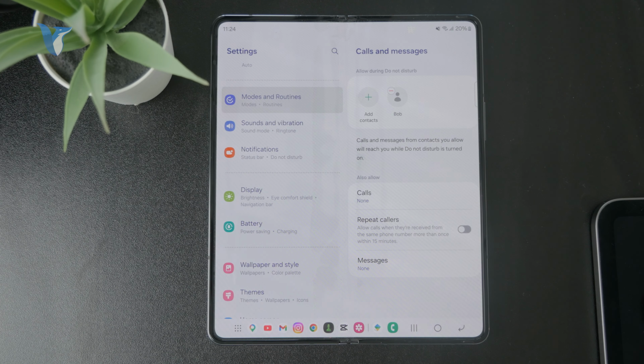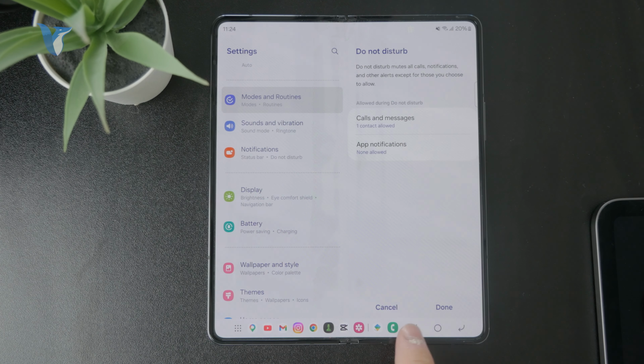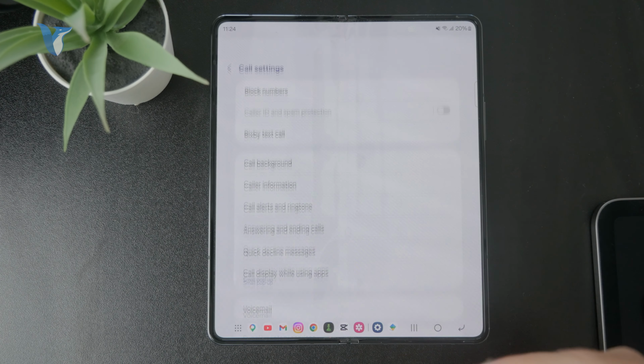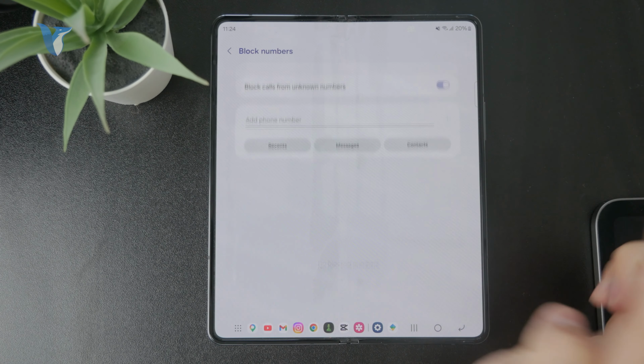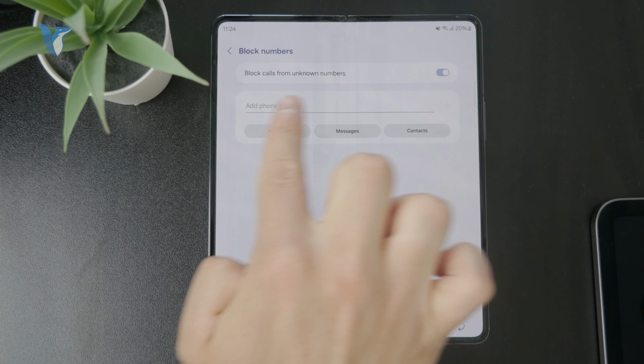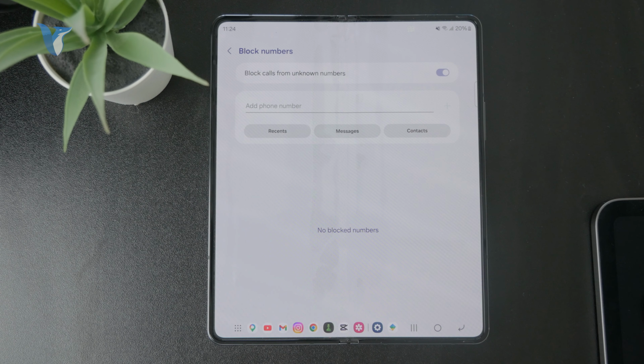However, if you want to go a little bit deeper than that, you can find the phone app, tap the three dots and go to the settings right here, which will give you the ability to tap on block numbers and, for example, block calls from unknown numbers, which means that literally everybody who you don't really recognize is not going to be able to call you, right? You should be able to still see it in the phone app, but the phone is not going to ring